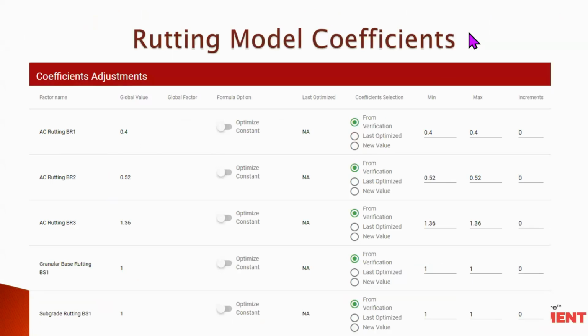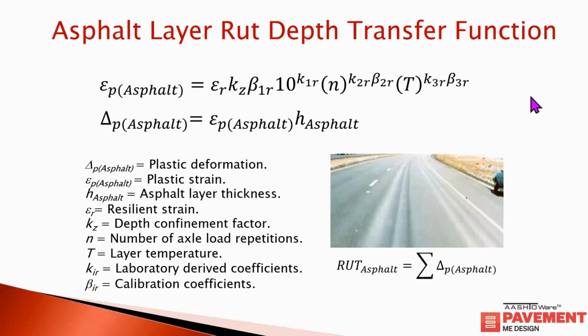And this is a screenshot. It's kind of jumping ahead, but it's just to show you what the actual calibration coefficients are that can be adjusted within the CAT. The calibration coefficients are listed here by name, along with the actual global values that are currently used in these models. We'll go over this a little bit towards the end of the webinar, and what we're actually doing with optimization. So for the first one, asphalt rut depth,